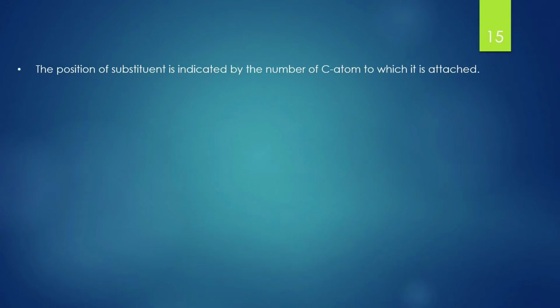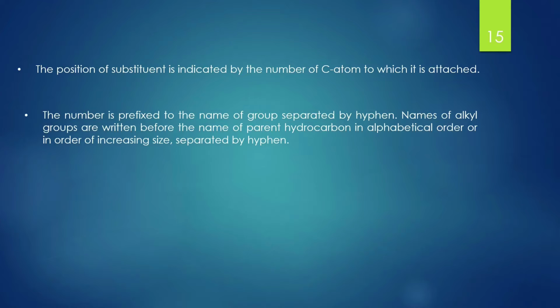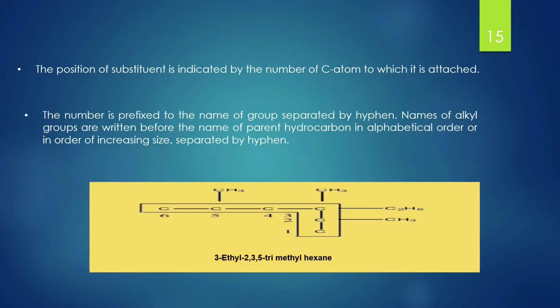Next rule is the position of substituent is indicated by number of carbon atom to which it is attached. Then next rule is the number is prefixed to the name of group separated by hyphen. Names of alkyl groups are written before the name of parent hydrocarbon in alphabetical order or in order of increasing size separated by hyphens, as shown in the diagram: 3-ethyl-2,3,5-trimethylhexane, where the positions are shown and the different types of same substituents have been named along with the prefixes